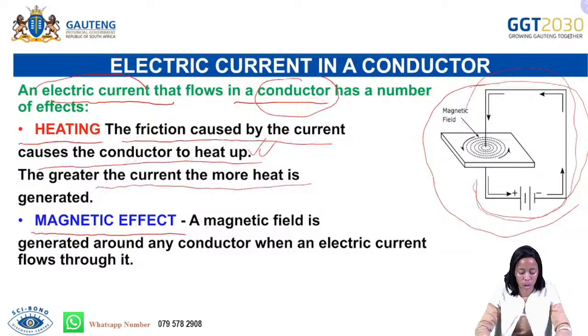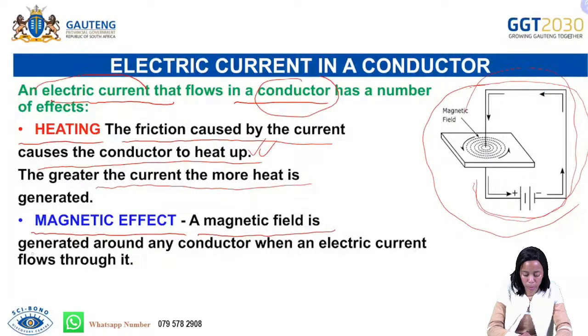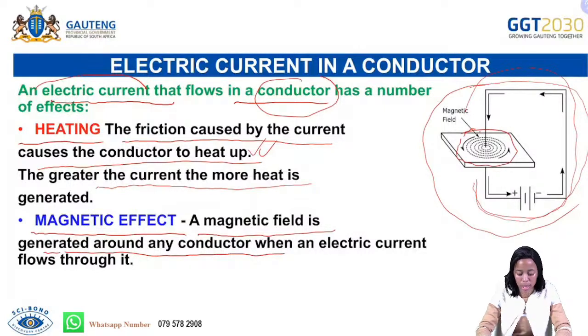Number two, an electric current has a magnetic effect. Then it says a magnetic field is therefore generated around any conductor. So these lines here would be representing a magnetic field that is produced around a conductor. So it means that we now have these lines which are called the magnetic field. They are produced around